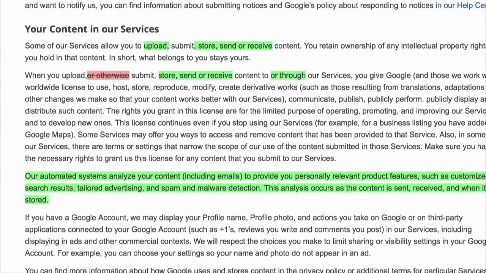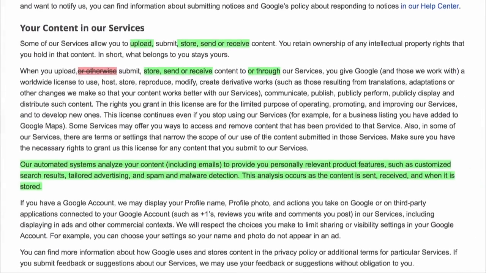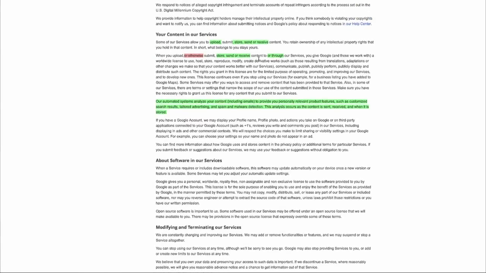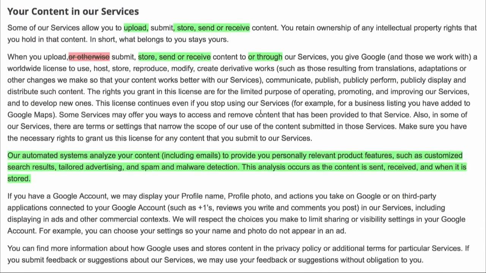Okay, let me read it. The green is new, and obviously the red is crossed out. So when you upload or otherwise is cut out, submit. Da, da, da. No, they added this green paragraph. Boy, it's hard to believe that wasn't there. Apparently, they did not explicitly say, although they say it elsewhere.